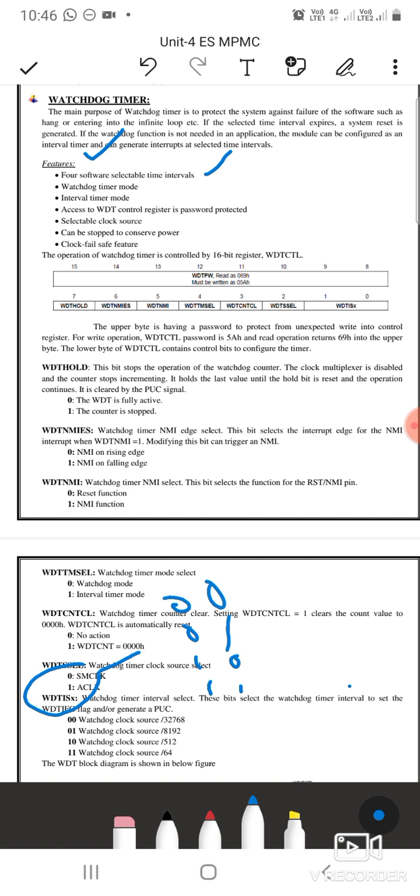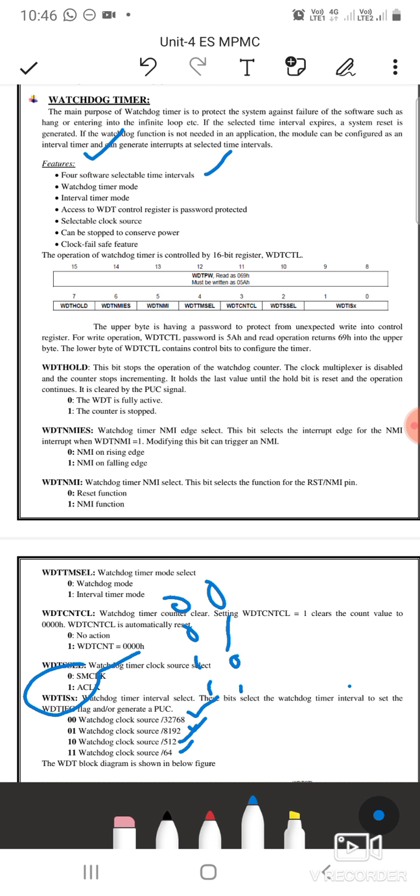You can also select the clock source for the watchdog timer. It can be a submaster clock or auxiliary clock, divided by 32768, or divided by 8192, or divided by 512, or divided by 64.